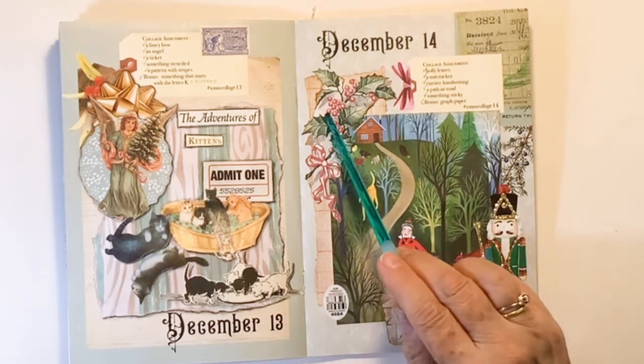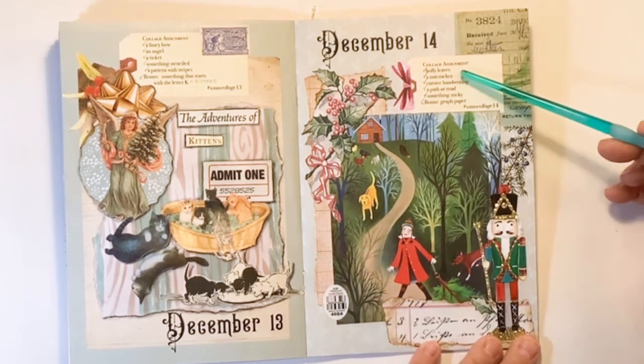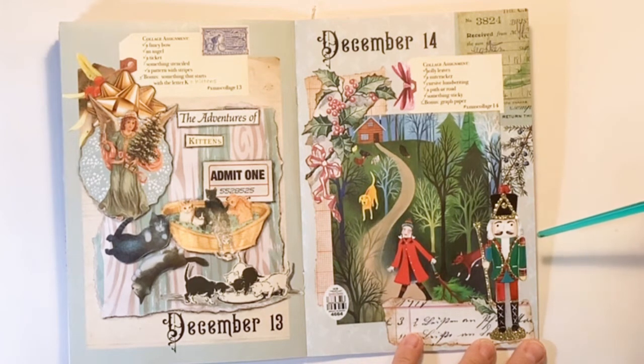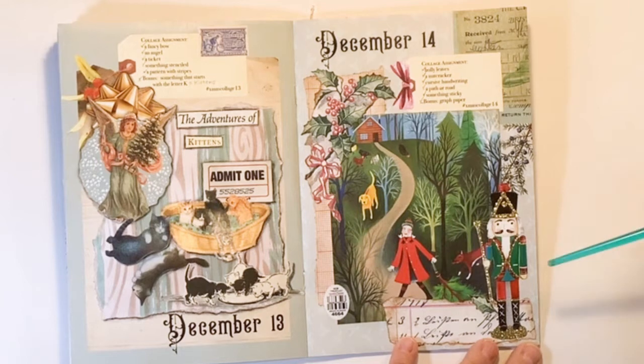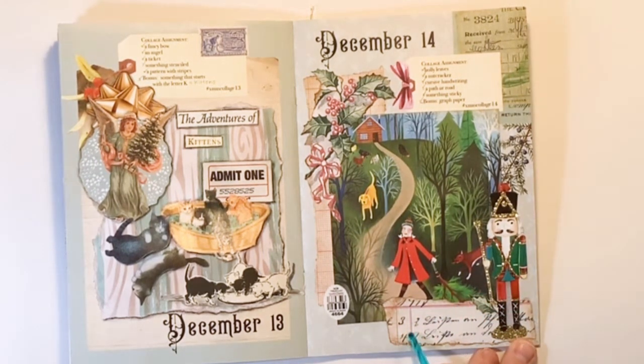Holly leaves. So these holly leaves are from a digital printout. A nutcracker. I didn't have a nutcracker, and I thought that I would find an actual nutcracker, like a metal cracker we used to use to crack walnuts when I was a kid, but I couldn't find one of those either. And then I was looking for something else, and I found this in a little thank you packet that I got from an Etsy shop when I bought something. They included this little already cut out nutcracker, so I stuck him in there. Cursive handwriting, another piece of the digital